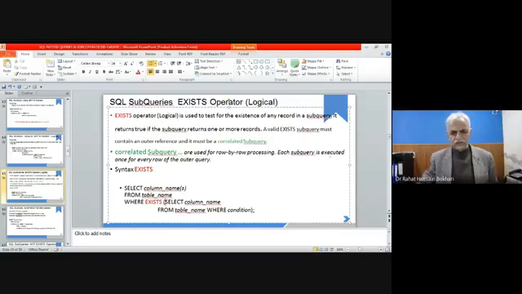Each subquery is executed once for every row of the outer query. After its execution, the outer query will run for all the records, and we have to see whether this record exists according to this one or not. And you can also use exist and not exist.